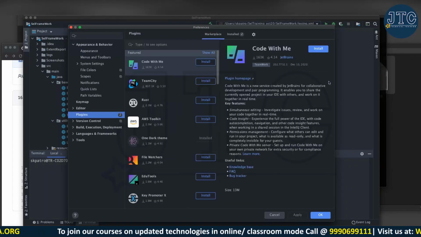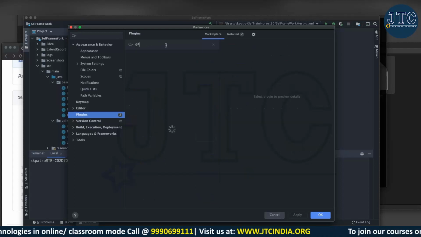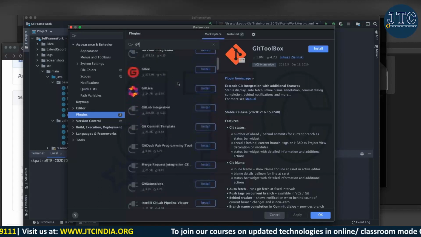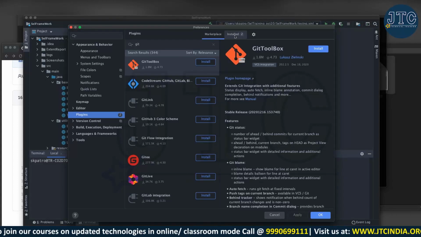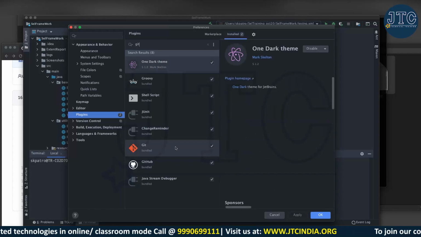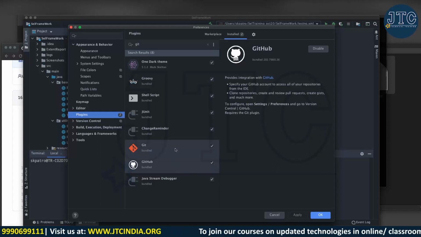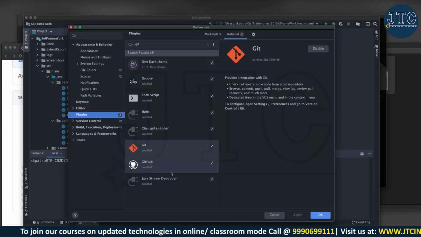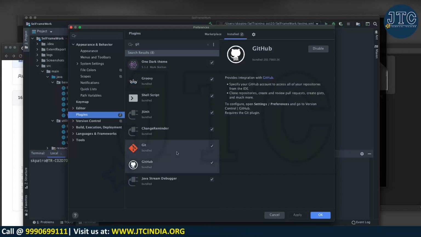You are all very much masters in this, right? The way to install the plugins. And let's see if I have anything Git installed. I don't have anything installed. I think it is coming by default, because if you see Git Toolbox, I don't have anything. Let's see in the installed ones. Oh, there is a Git. I think it is coming as a default Git and GitHub bundle. Just go to your IntelliJ plugins, and go to installed. If you are not seeing Git and GitHub, you can just install these two.